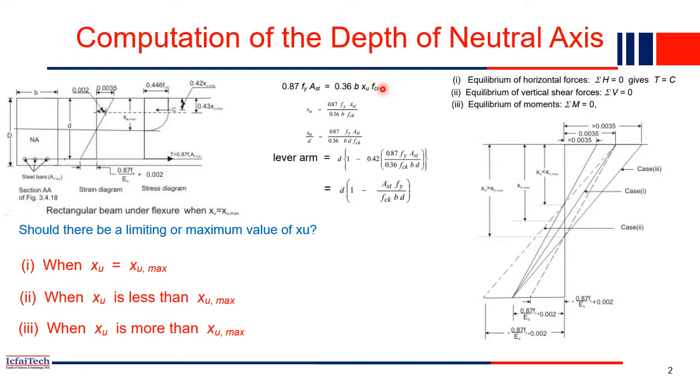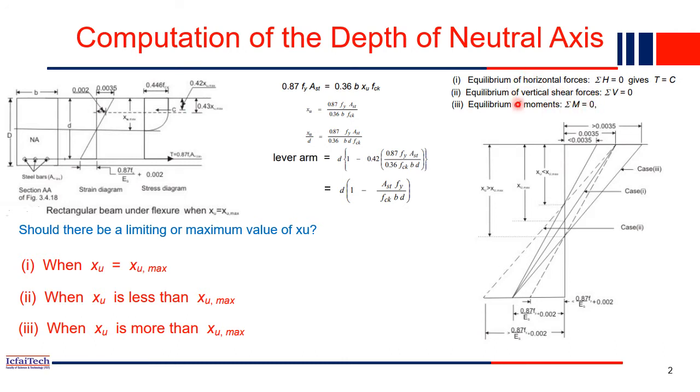In the last lecture we also discussed that this section will be in equilibrium. When the section is in equilibrium, it has to satisfy three conditions. Obviously, we are considering it as a two-dimensional space, that's why we have three equilibrium equations. If we had three-dimensional space, then we would have six equilibrium equations. Here we have three equilibrium equations for this section: summation of all horizontal forces equal to 0, summation of all vertical forces equal to 0, and summation of all moments equal to 0.